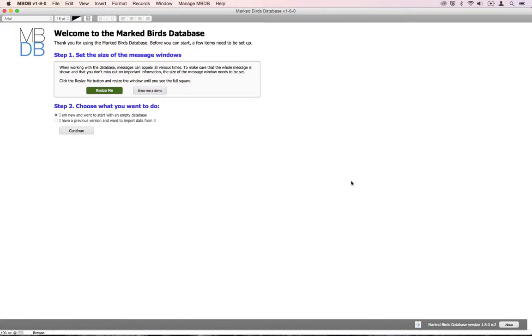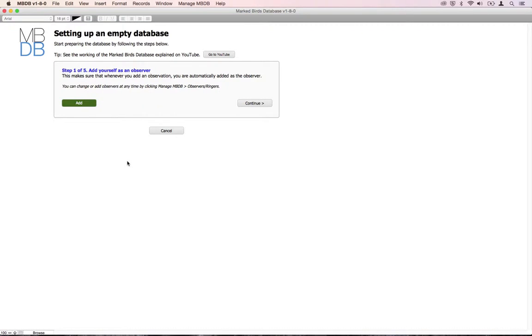Because we are starting with an empty database, we choose the option I am new. I want to start with an empty database, and we click Continue. And now we need to follow 5 steps. And the first one is to add yourself as an observer. So click on Add,